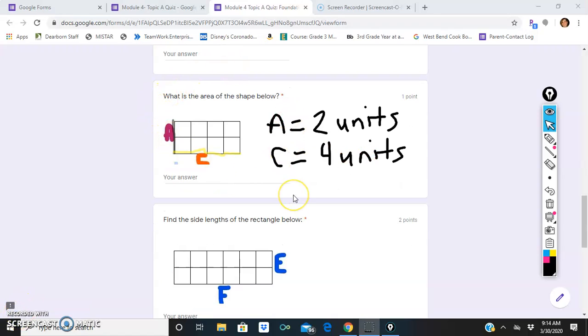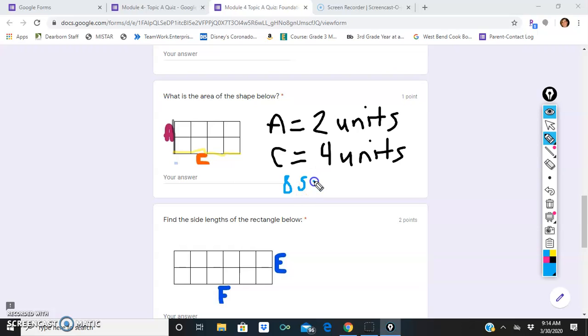Now, the next question was kind of a continuation of the question above. So it says, what is the area of the shape below? So if you're looking at the shape, well, we know the side length, A equals 2 units. We also know side length C equals 4 units. So there's two ways we can solve this. We could count the traditional squares, which here I can see there's 1, 2, 3, 4, 5, 6, 7, 8. So that tells me right away that my answer is going to be 8